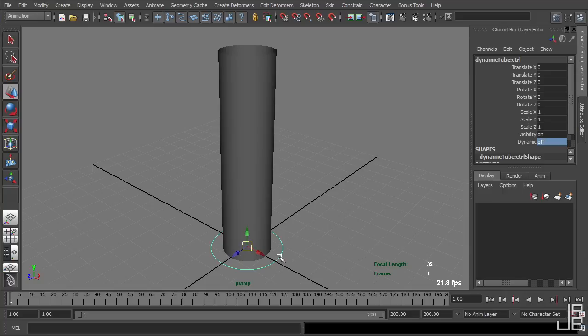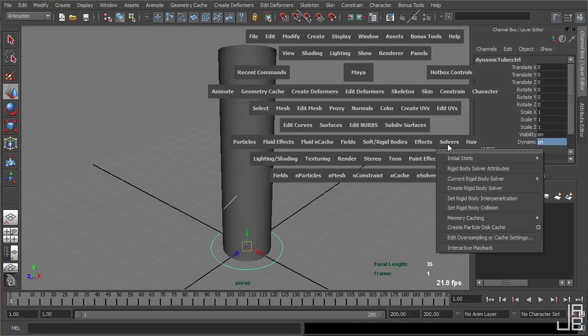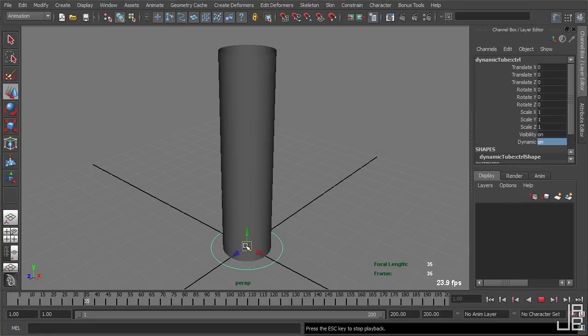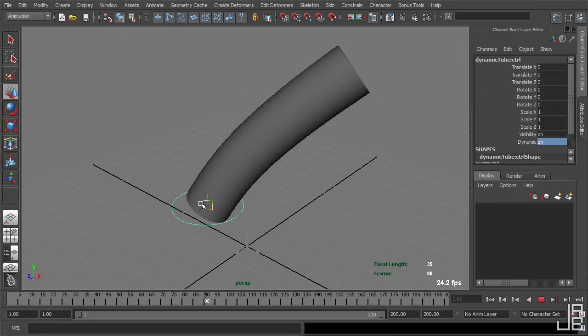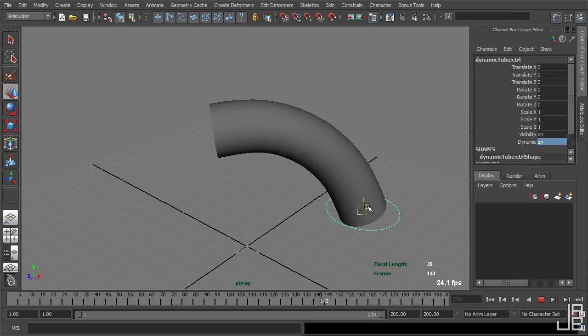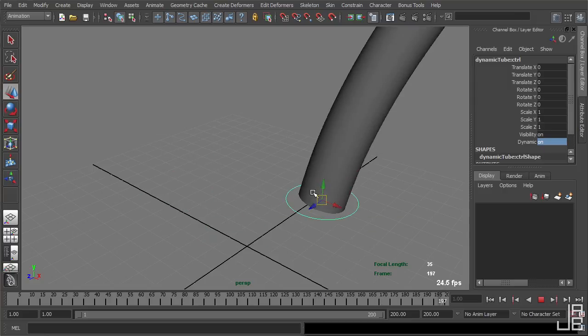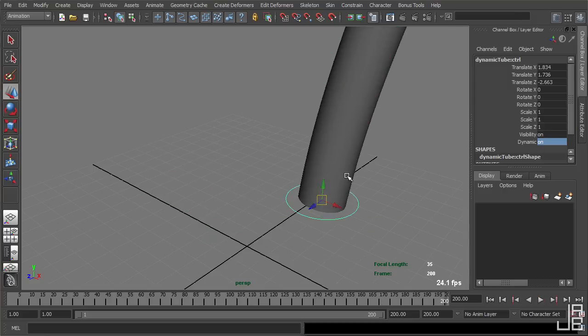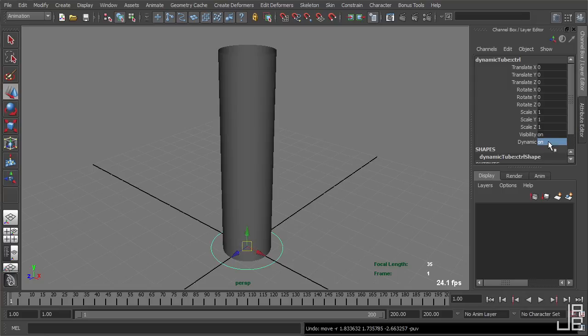So what I have here is a simple rig. It's just a NURBS cylinder connected to a NURBS circle control. On that control, there's a dynamic on-off attribute. If I turn that attribute on, and I do a solver's interactive playback, you can see it simulating as if it was a dynamic tail or antenna or whatever else. So if I just undo that,